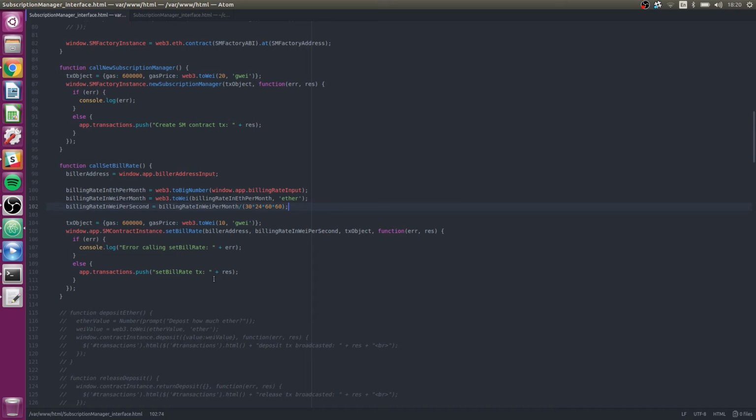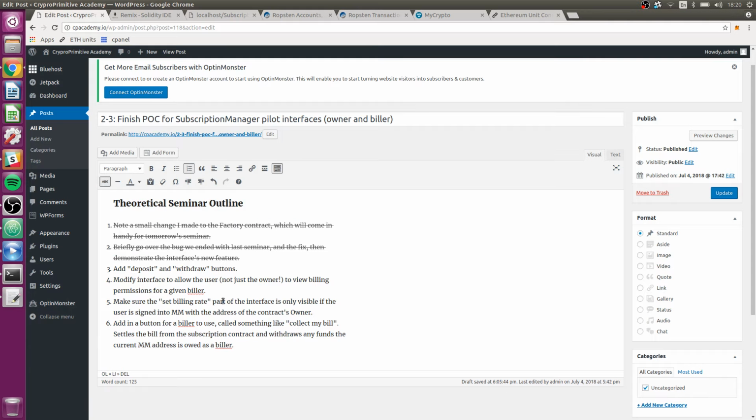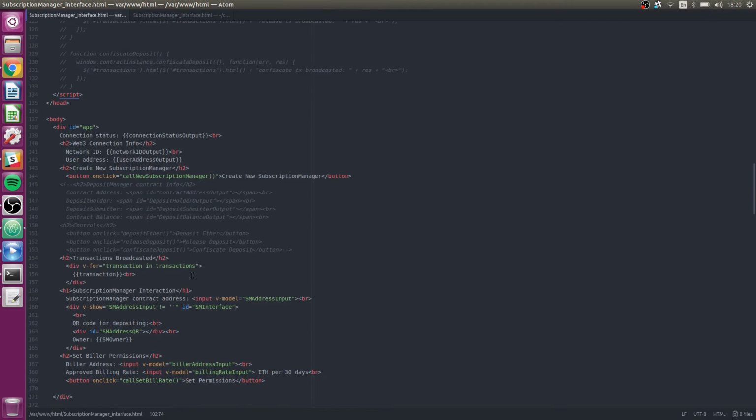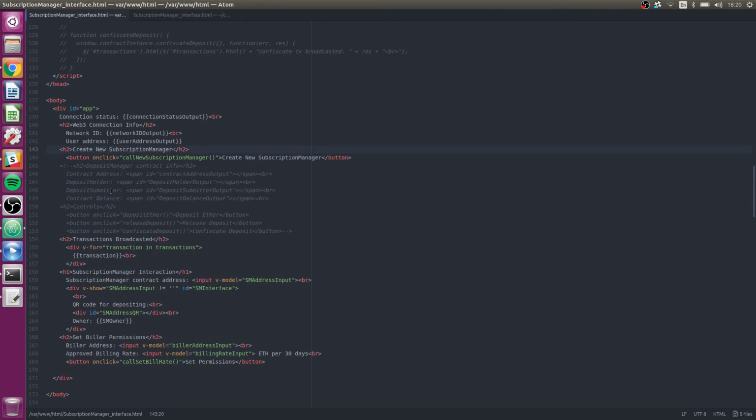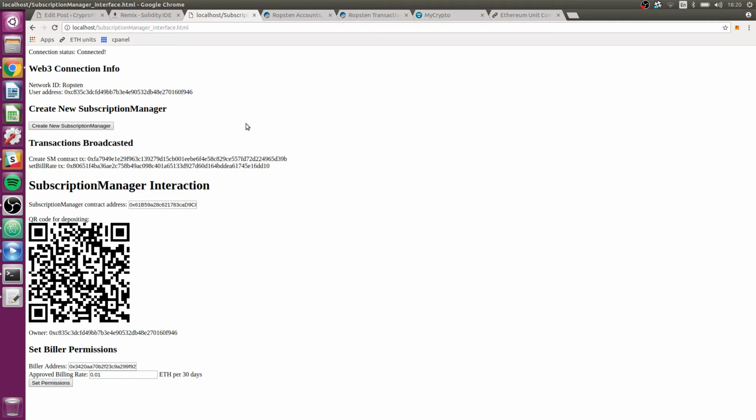Okay, so I guess let's just throw the buttons in there first, right away, and then we'll get the functionality going after that. Okay, well first, what do we want these? Let me go back to my interface. If it's set biller permissions, it'd be cool if I just feel like it should write maybe,